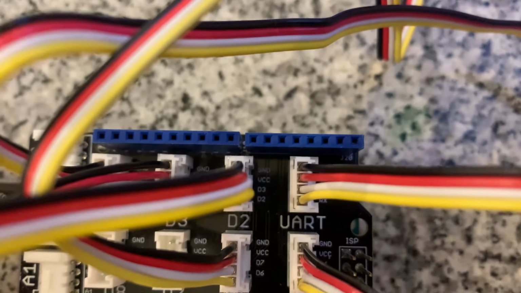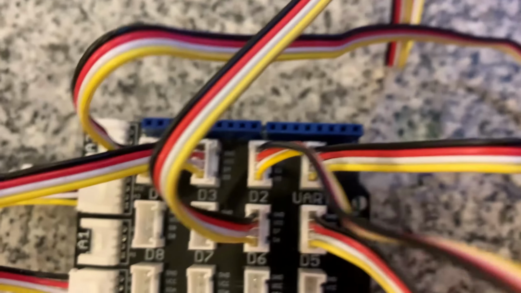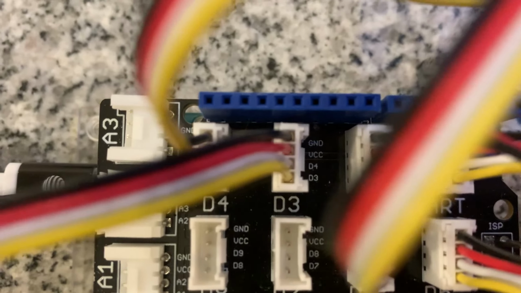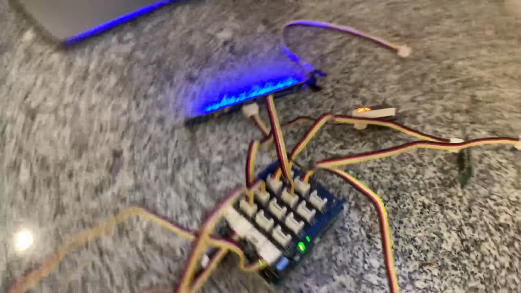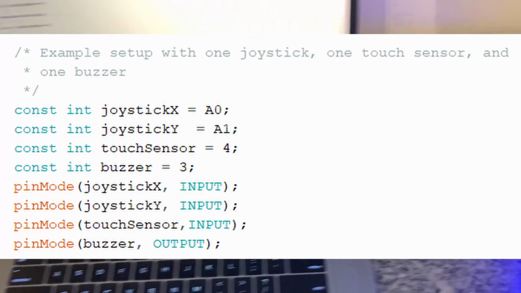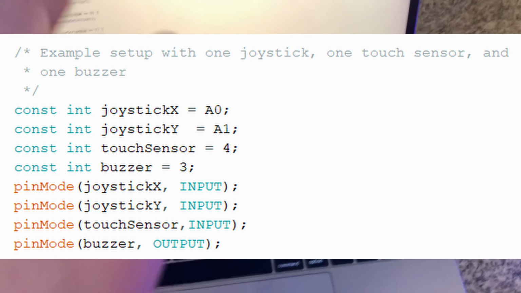Well, D3 isn't used, which means we can use D3 for something else. So in this case, I have the D3 line hooked up to this other button. And the way we interact with it in the code is these numbers correlate with the data lines we use